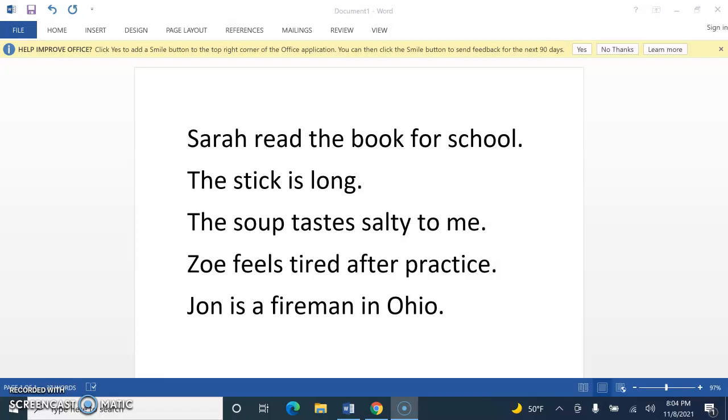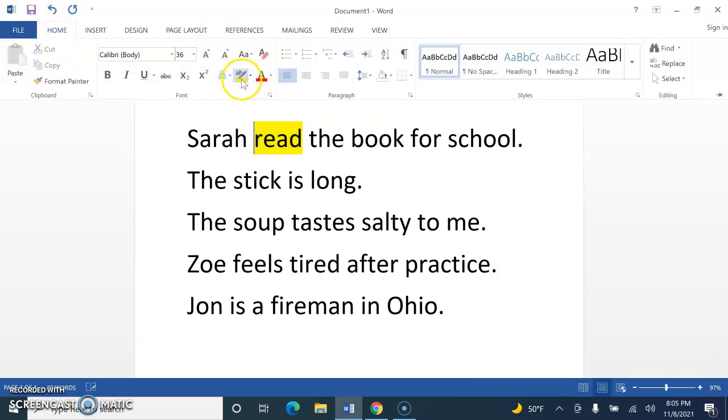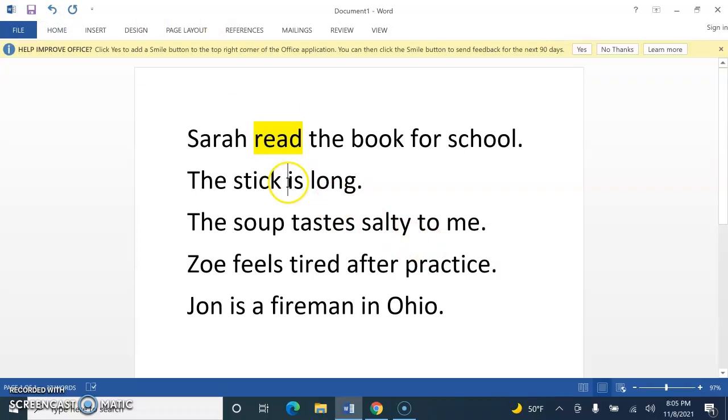our next lesson. Okay, now let's go ahead on over to our next lesson, which is located on page 83, and we're going to continue our talk about linking verbs. If you look up here on my screen, I have some sentences, again, reviewing what we learned yesterday. We have two different kinds of verbs. We have an action verb, and let's go up here and highlight it. And then we have a linking verb.